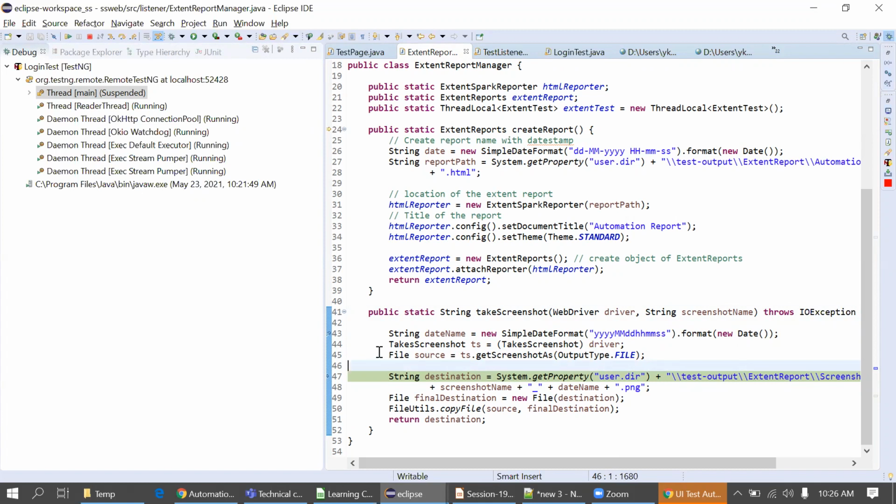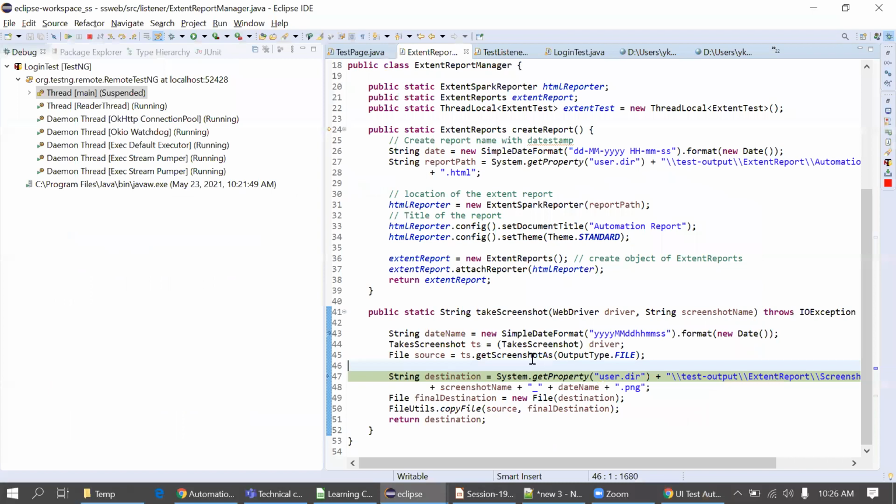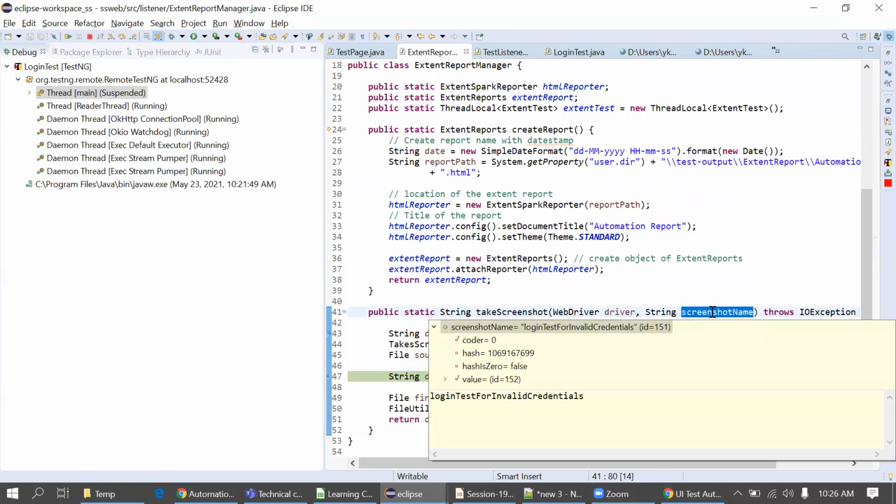I got it, how to get the screenshot. Okay, that's fine. Actually, this code is important here: how to take a screenshot. But that screenshot name parameter that you pass, where is it? Simply consider it's a method, right? So you can consider it's anything for now. I will put this code somewhere else in the listener, and then we'll pass the screenshot name there.